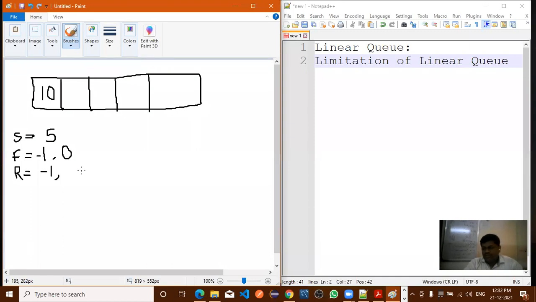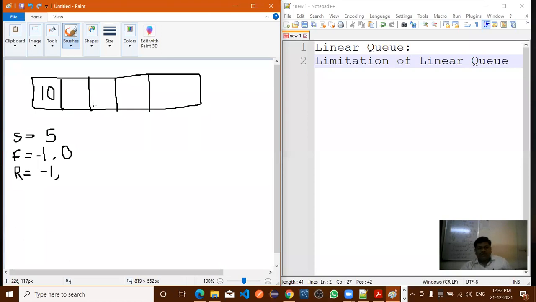When you are inserting the first element, you need to change the value of front from -1 to 0. This value is changed only when you are inserting the first element in the queue. When you insert the next element, the value of the front pointer will remain as it is. It will not change.